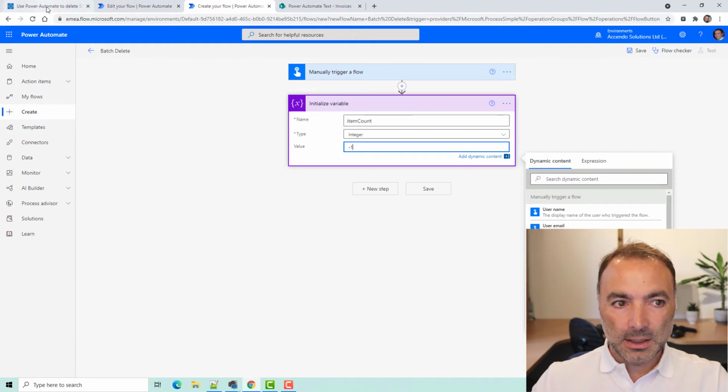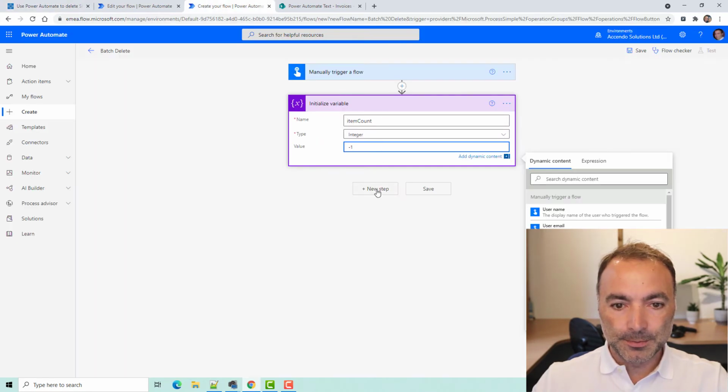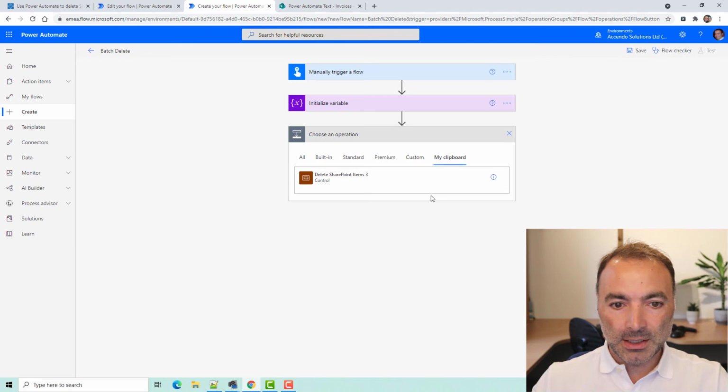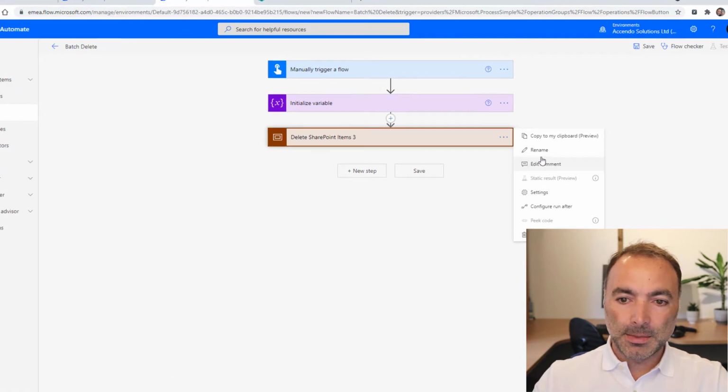Then I'm going to come back to my blog, and I'm going to click this button here to copy the code for the scope. So I'm going to do a new step, go to my clipboard, press Ctrl V, and paste that in.